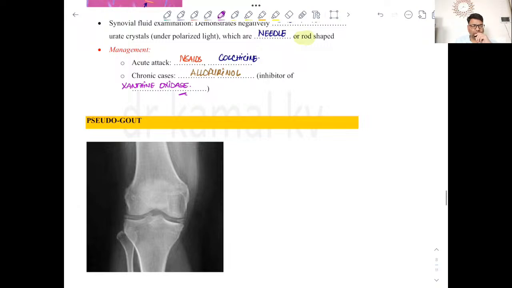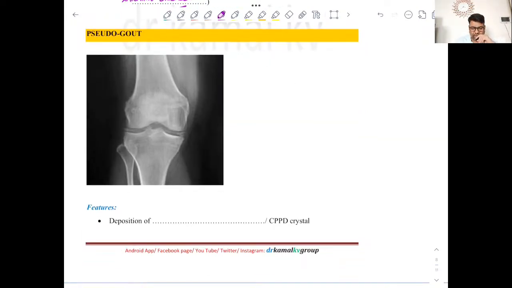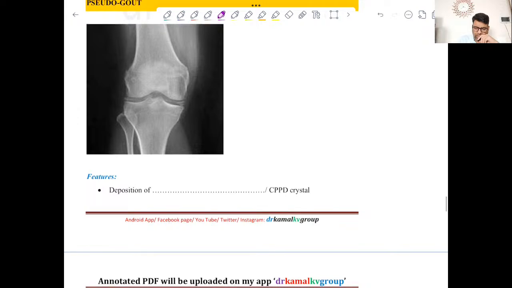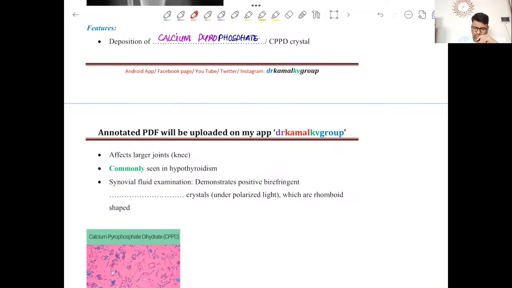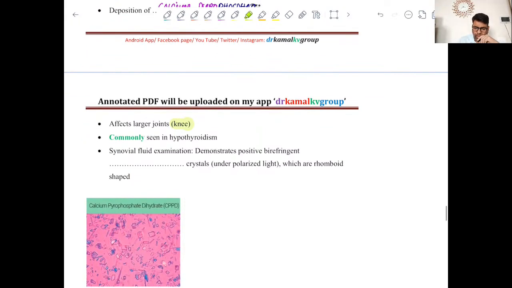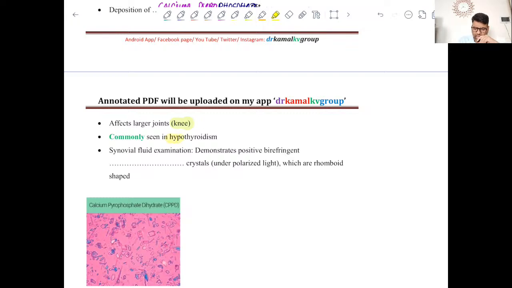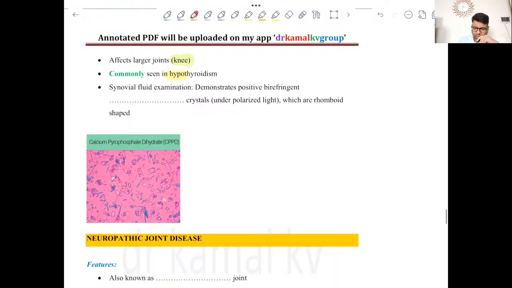Now there is another condition which confuses us, and that is pseudo gout. Here there is deposition of calcium pyrophosphate crystals. Okay, and it affects the knee joint commonly, in comparison to gout, which is affecting the great toe or foot. Now this can be seen in hypothyroidism, and when we do synovial fluid examination, we will see